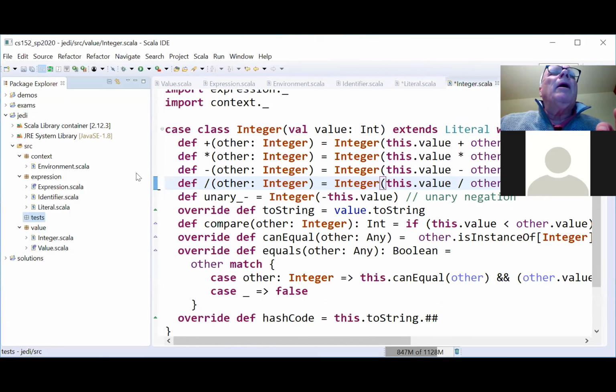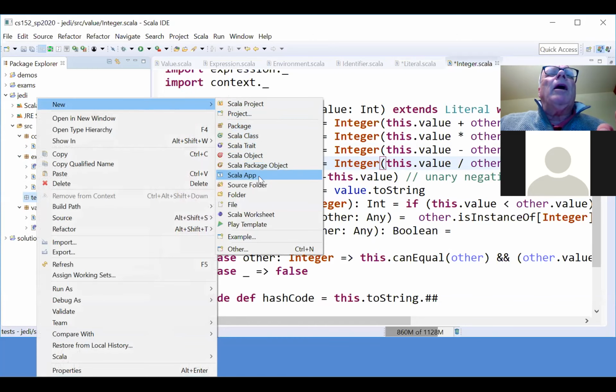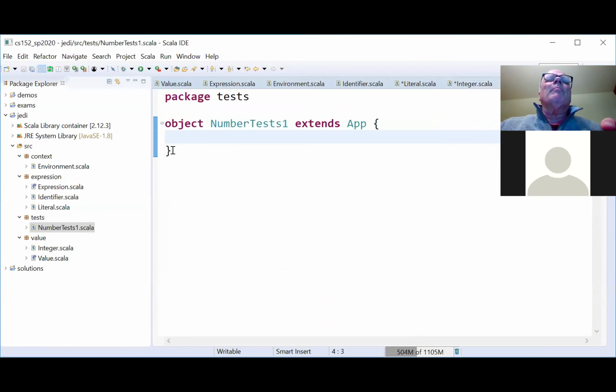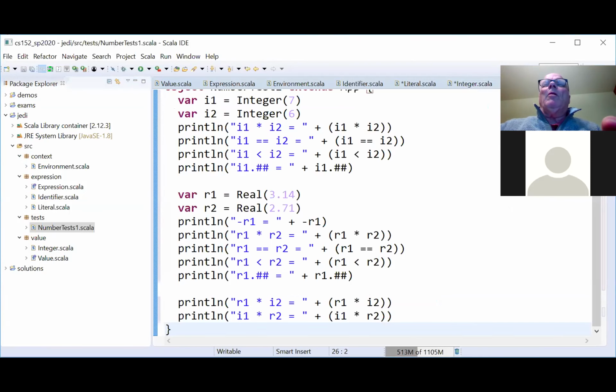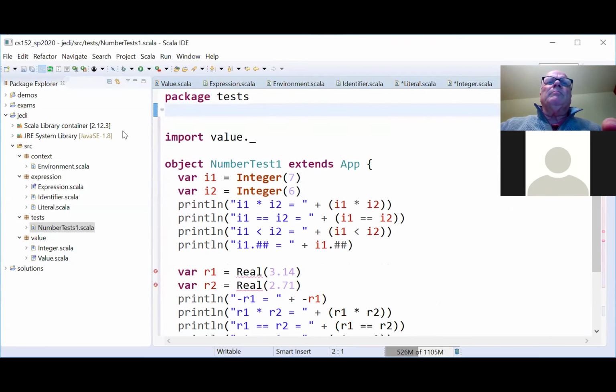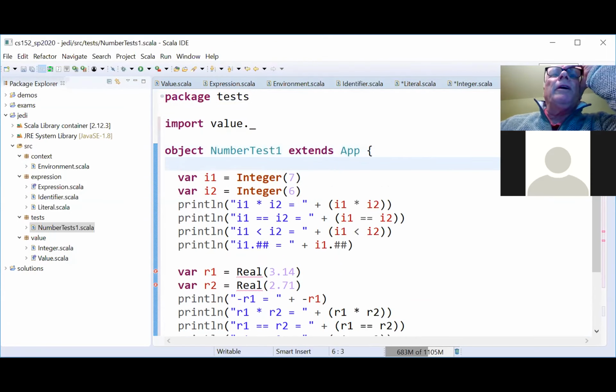I'm going to add in number tests, a new Scala app. Paste this in. Okay, so this is a little app to test to see if things are working. And I'm going to have to comment out part of this stuff.